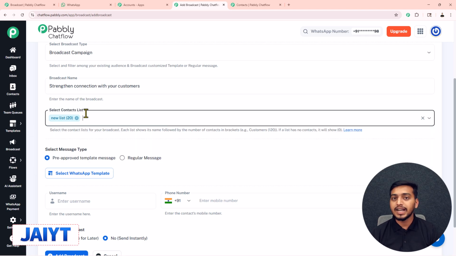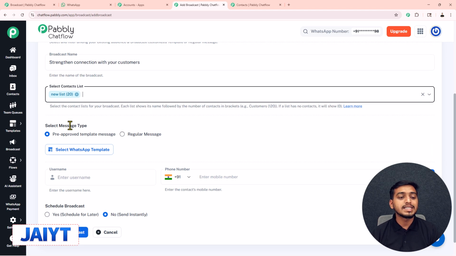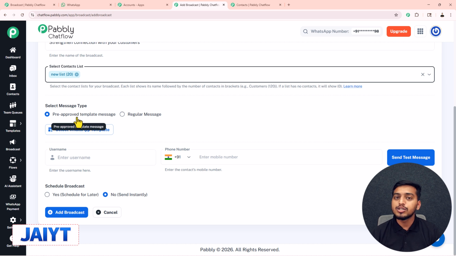So you can see we have selected our contact list. Next, we have to move towards the select message type. In here, we have got these two different types of messages: pre-approved template message and regular message. To go with this pre-approved template message, we have to create a Meta approved template and store it inside our